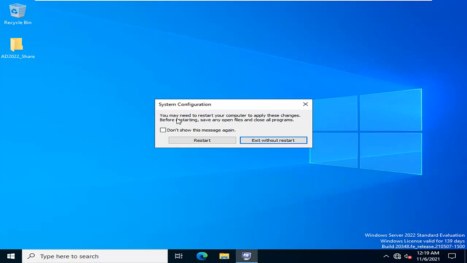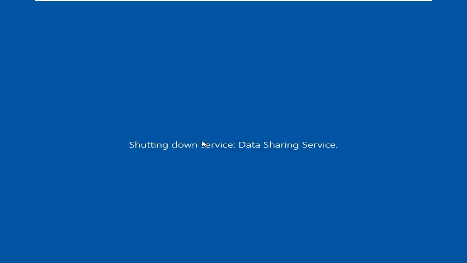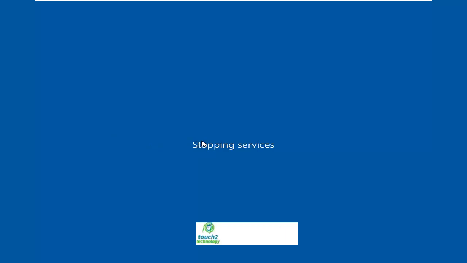Before restarting, save all open files and close all programs. We have already closed all the programs, so I click on the restart button. Friends, we are waiting for this computer to come up.